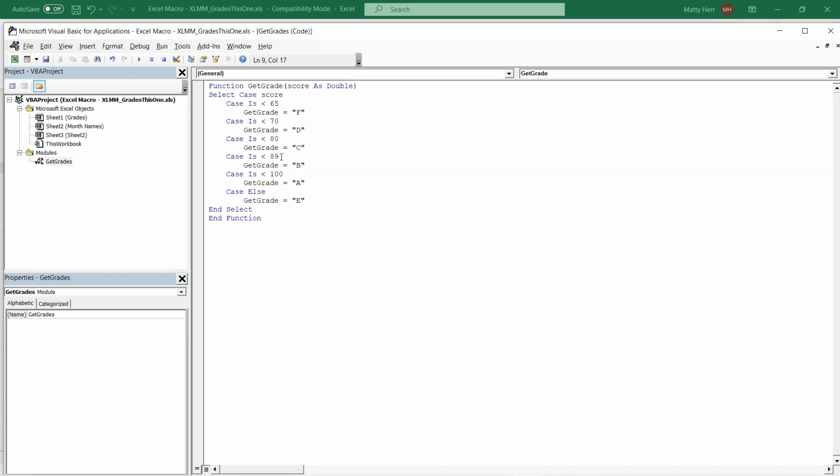And then this one, we want to change to less than 90, because those are going to be B's. And then this one, you can add an equal sign in here, which means less than or equal to 100, and those things get A's. And then you've got this case else, which is perfect, okay? So we're going to change this, though, to be